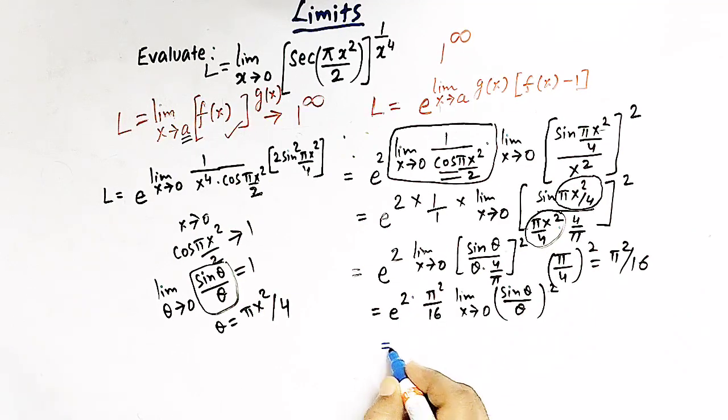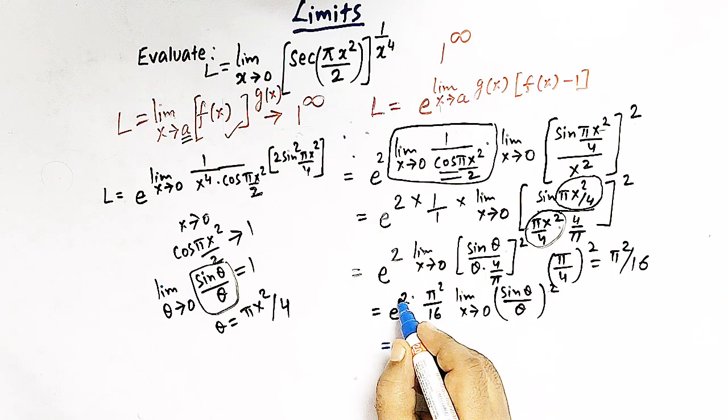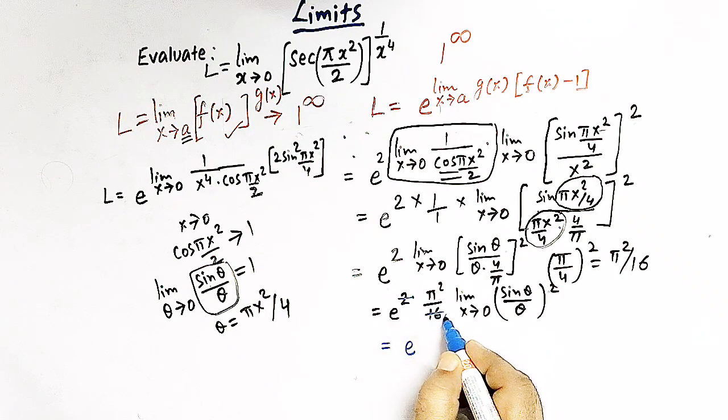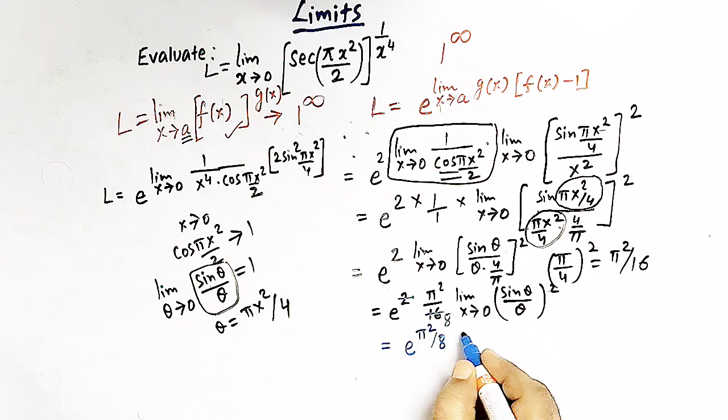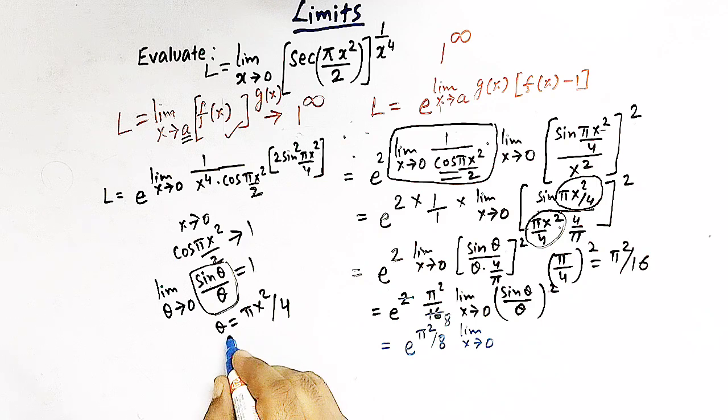So now we can write e raised to here 2 times 8 is 16. So we have pi square over 8, and here we have limit x tends to 0, and now we can